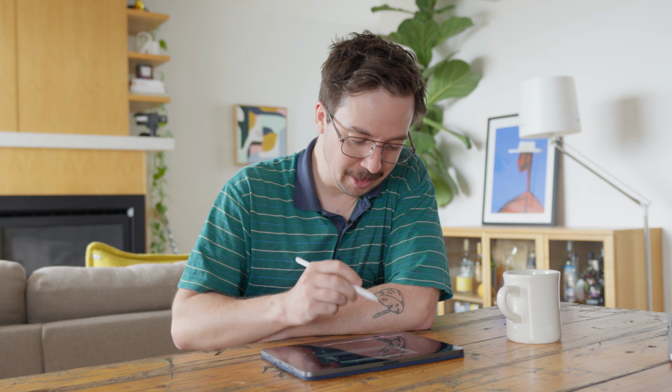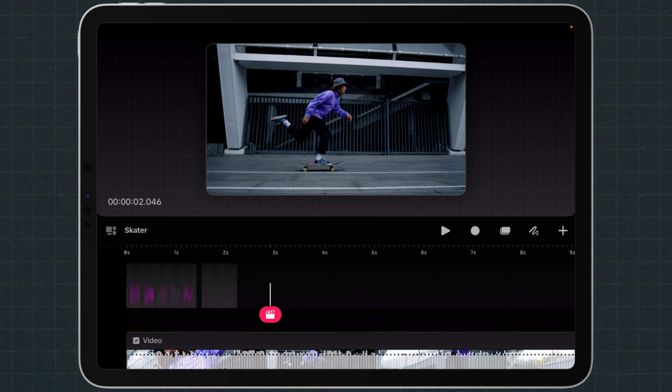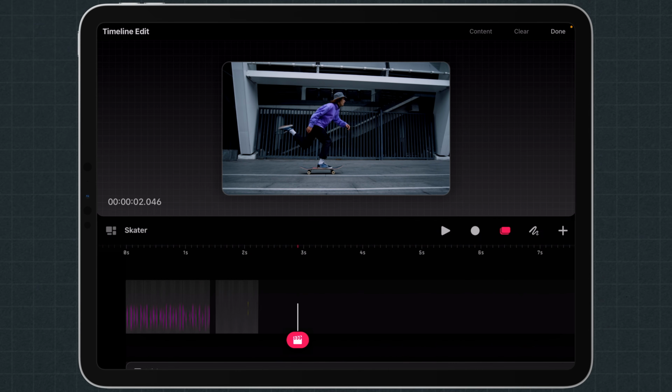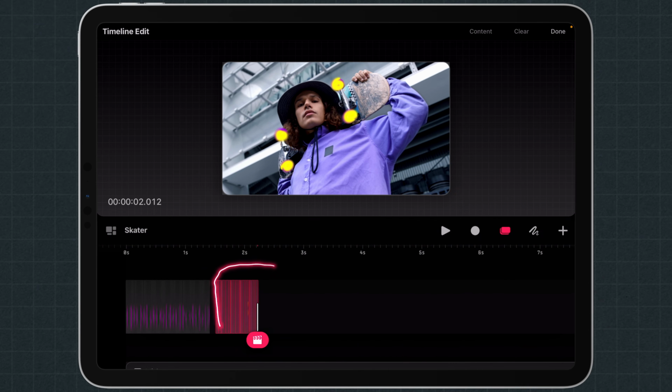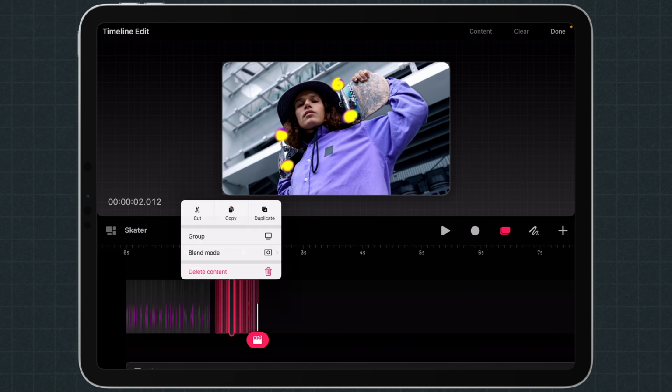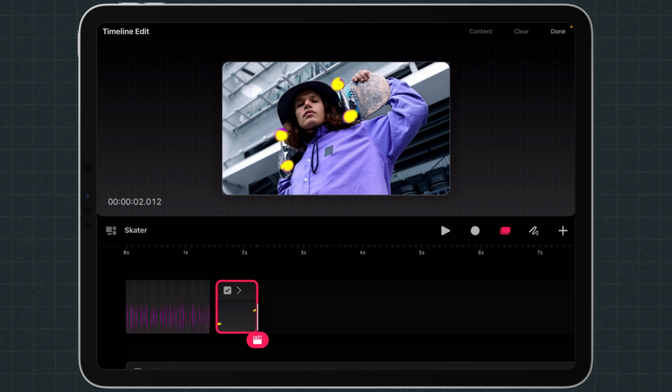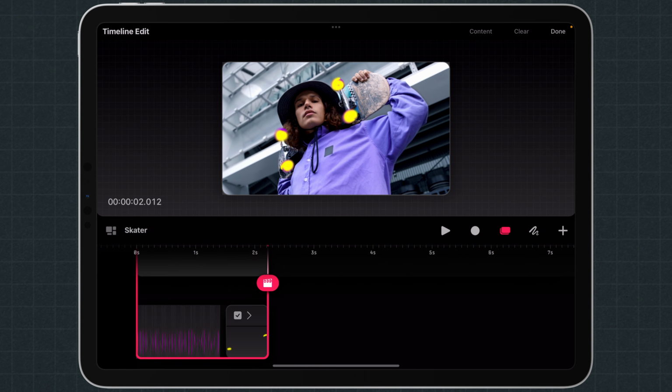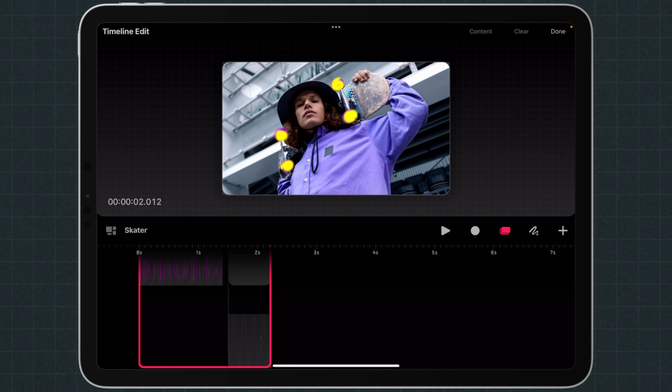All right, the next thing we're going to do is go in and make sure that we've tidied up our timeline here. We're going to hit timeline edit. We're going to circle this section and we're going to hold down and group that. I'm going to circle this section as well. Also going to hold down and group that. Now it has made a full group because we're on the same track. Again, you can hit that little caret there and it will drop down into those different groups if you do need to get to those individual clips again.